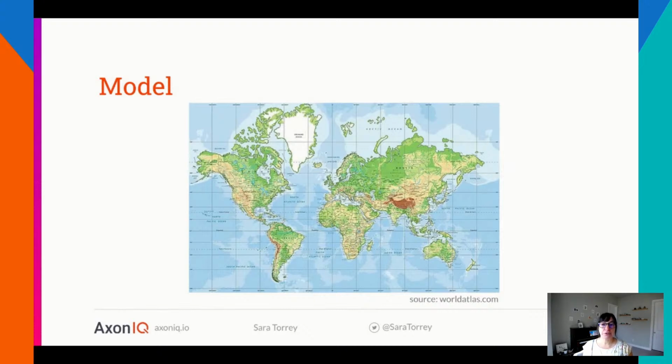We can see that the countries are disproportionately sized on this map. For instance, Greenland is a lot larger than it is in real life. Also, we see that there are rectangles put on the bodies of water. And lastly, we notice that the Americas, the continent, are put at the center of this map. So we can already draw some assumptions here. We can see that this map is trying to solve some particular problems.